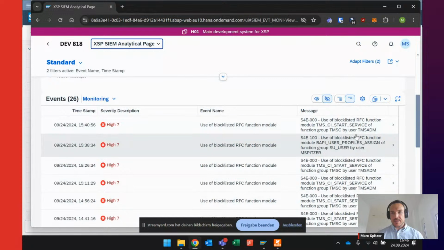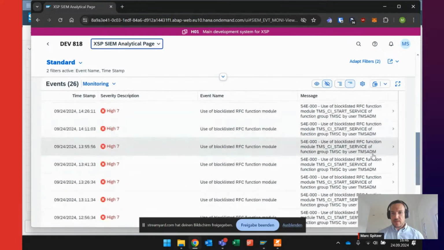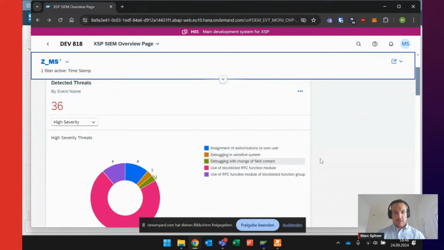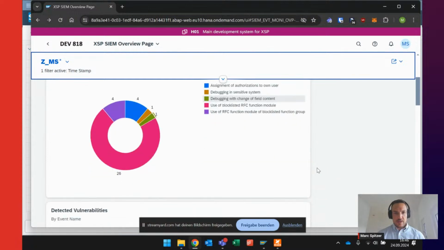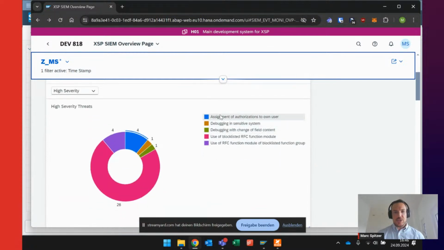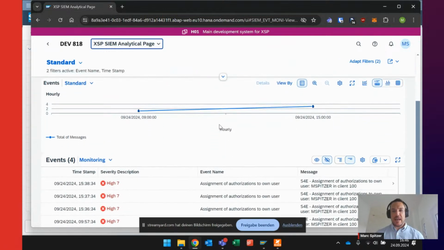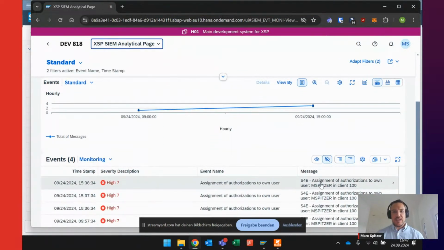There were some other instances going on as well, but here is the BAPI user profiles assign. And let's see, what else do we have now? Assignment of authorization to own user, because I did run the function module and I assigned authorizations to my own